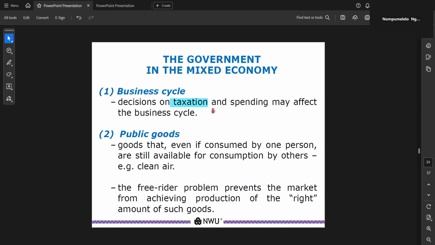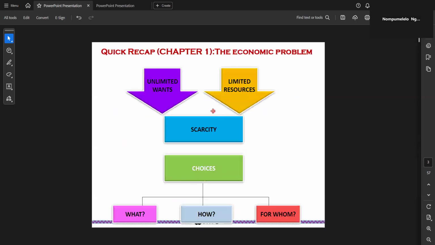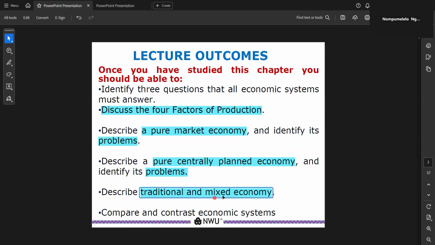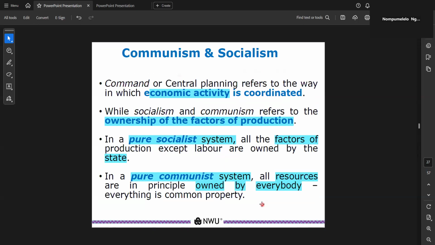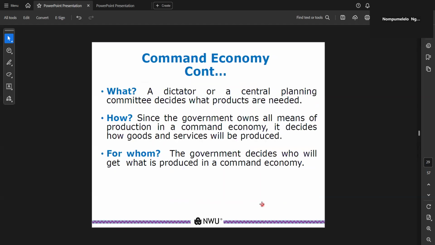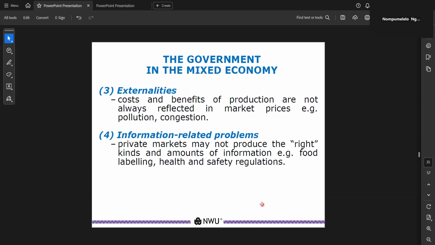And then the government in the mixed economy, we don't have to know this. Our learning outcome says we should describe traditional and mixed economy only. So now we have to compare and contrast economic systems. But let me just look at the advantages and disadvantages of the